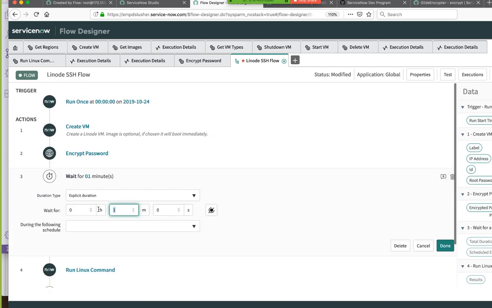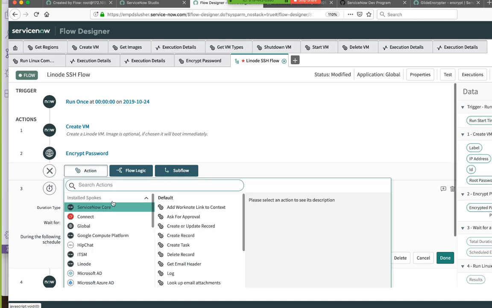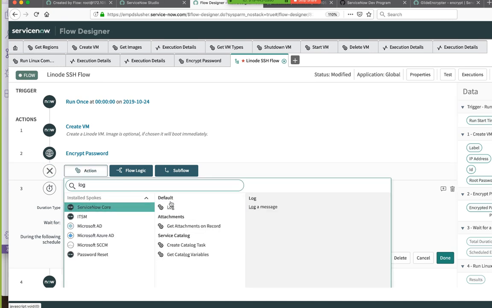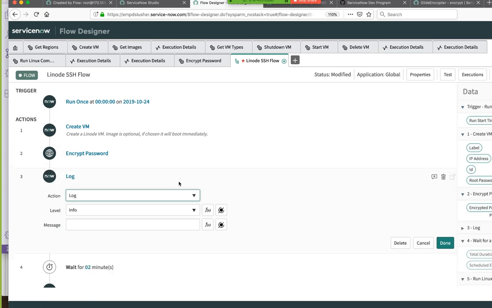Here's what we can do, just for funsies. 2 minutes. Before we do that, throw in a log step. Log the password, and then I can get it myself. Let's be aware, friends and neighbors, these are not best practices. This is for the purpose of this silly demo. Learning things in a development environment is not the same thing. We will log the root password. We might as well log everything, right? We'll log the root password and the IP address, so I can have both. I will log those.